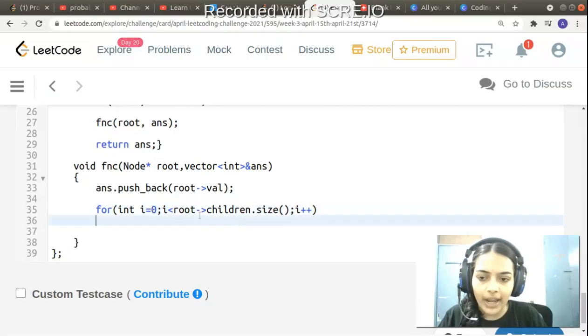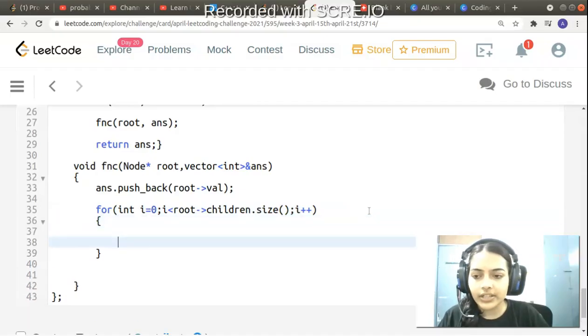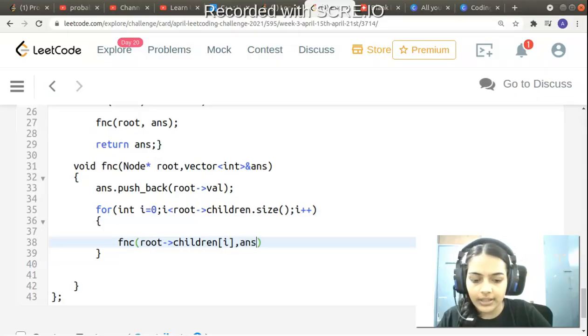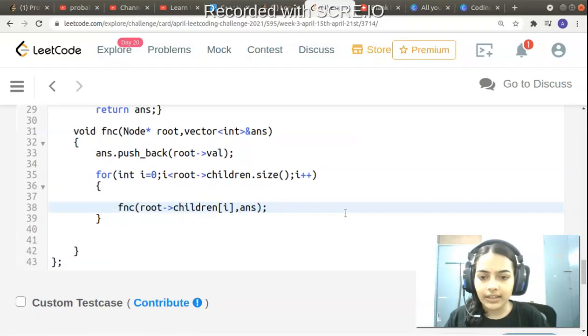We'll start from i equal to 0 and till i is less than root's children dot size, which means we will cover all the children of the root. We are just going to call this recursive function again. It is as simple as that, but this time we will pass the child. So we will pass the corresponding child, and we will also pass the answer. That's it, and we will just run this code and see if it is passing the test cases.